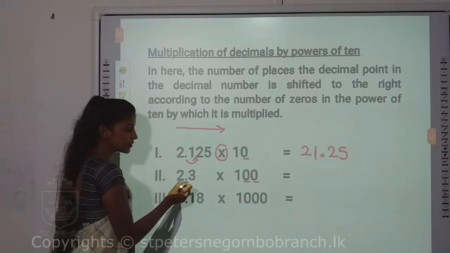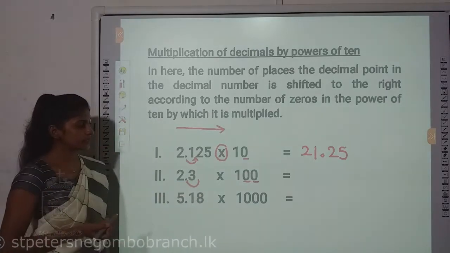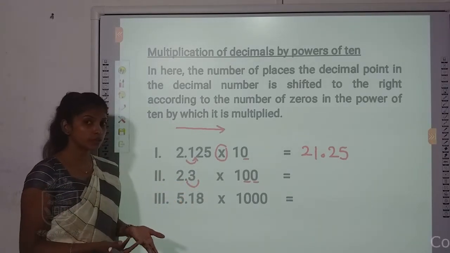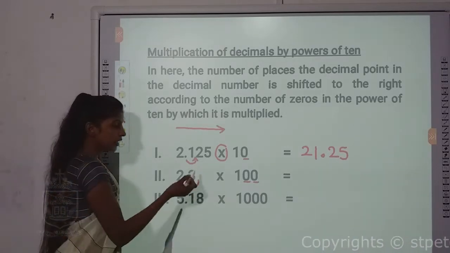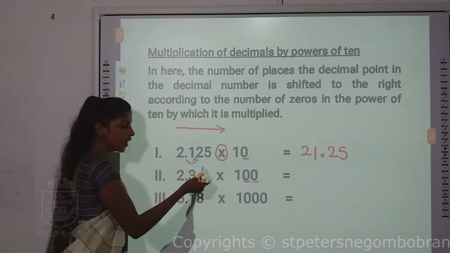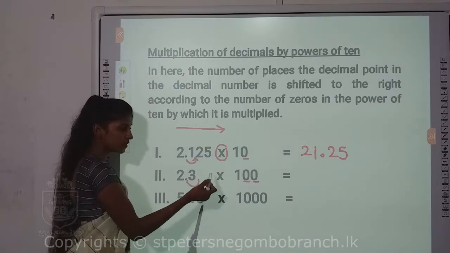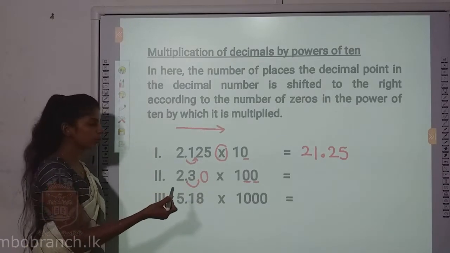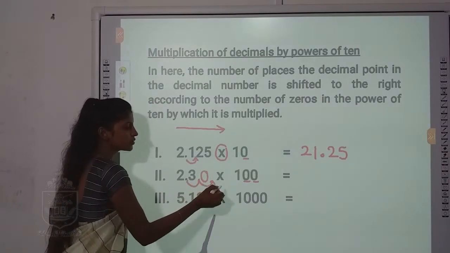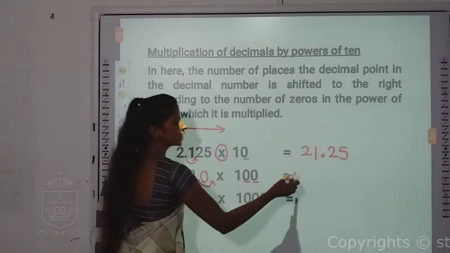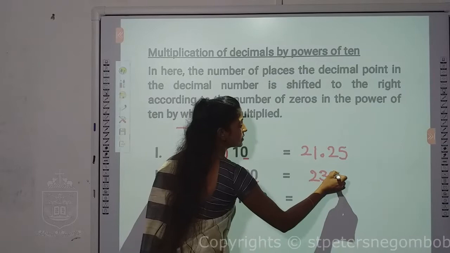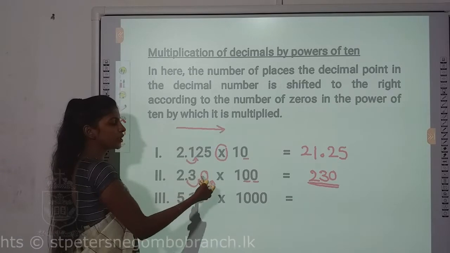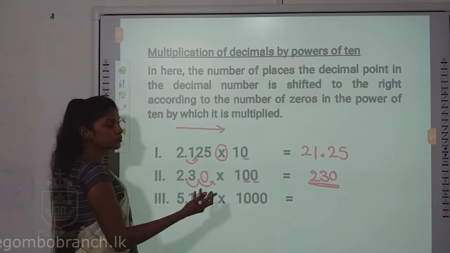2 places. So starting from here, 1. Now you all can see no numbers right after 3, but you have to take another move. So what should we do now? If you don't have any numbers after a value, but you have to take moves, you can put a 0 next to the number. Now you can take the move. 1, 2. So what will be the final answer? 230. So remember, if you don't have any numbers, since it is after the decimal point, you can add zeros if you don't have any values.